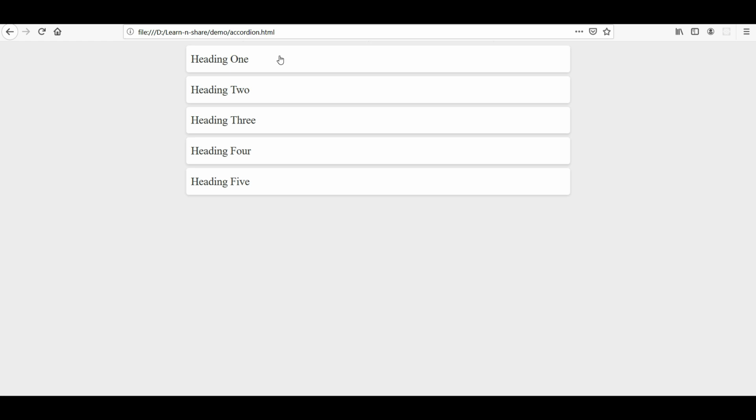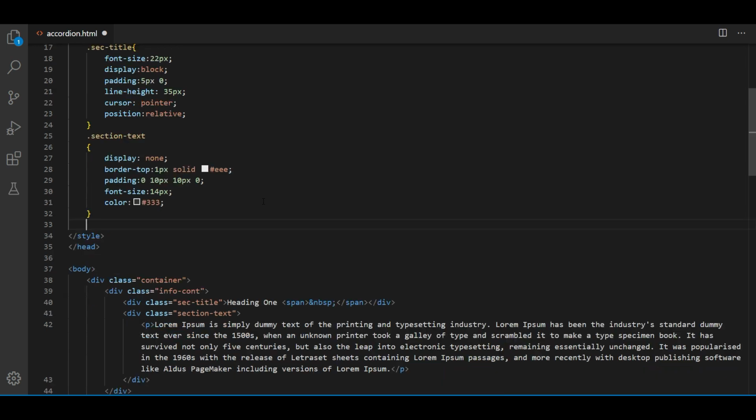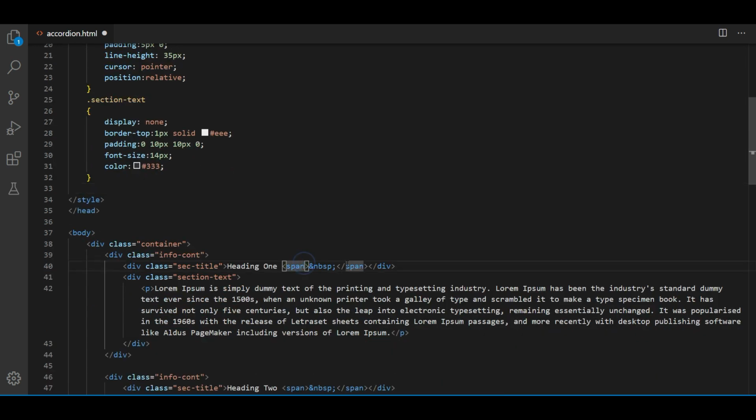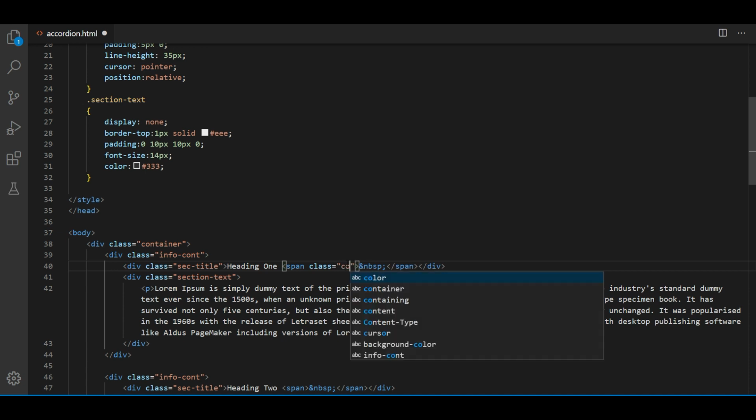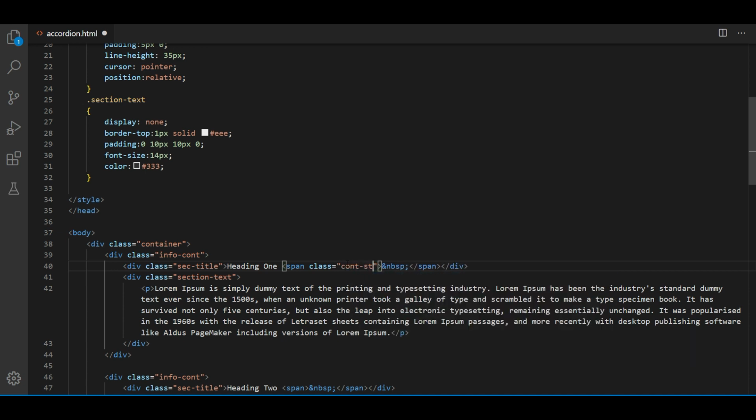Now we have to show the icons on the right side of each heading, like plus and minus. So first let's assign the class content status.